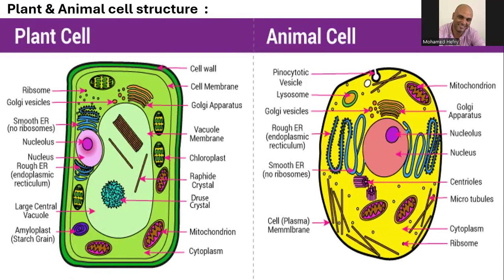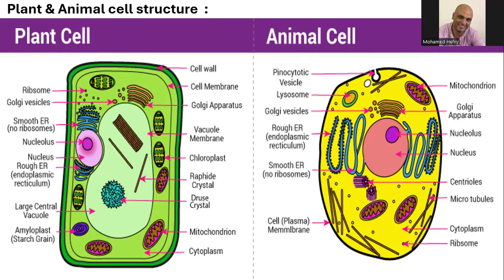And that's a comparison between plant cell and animal cell. A plant cell is composed of ribosomes, Golgi vesicles, smooth endoplasmic reticulum, nucleus, large central vacuole, of course cell wall and cell membrane, okay, chloroplasts, mitochondria, and cytoplasm. On the other side,